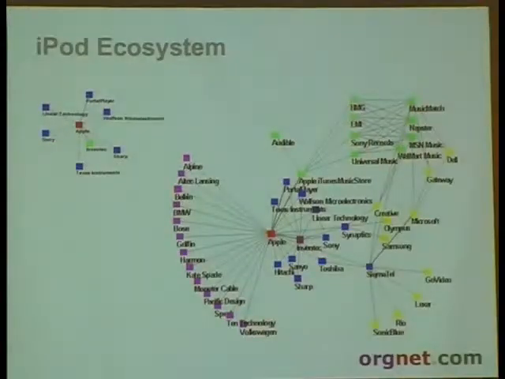And what we can do with these networks is not just map them out and show what they look like, but we can measure them too. We could find what are the most central nodes, what are the most connected nodes, what are the nodes that act as bridges, so that in order to get from one part of the ecosystem to the other, you have to go through this bridge, you have to go through this node. Which ones are brokers or gatekeepers?